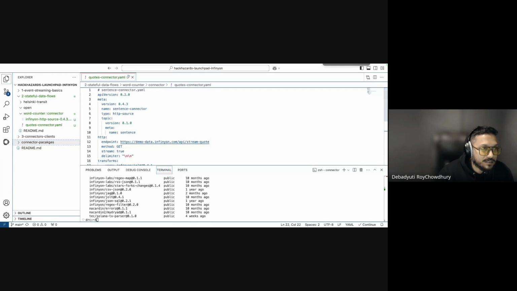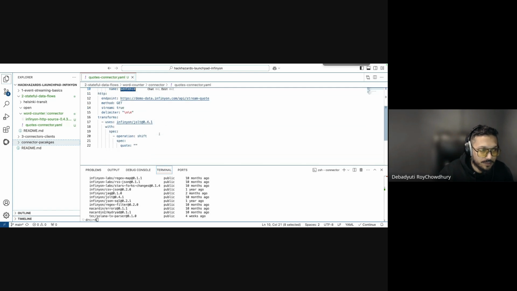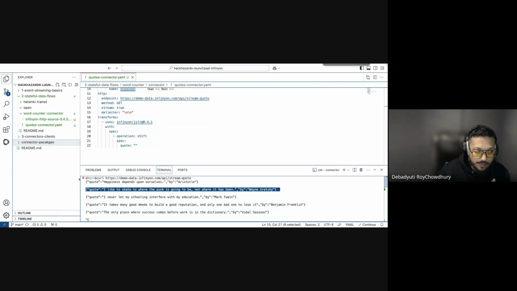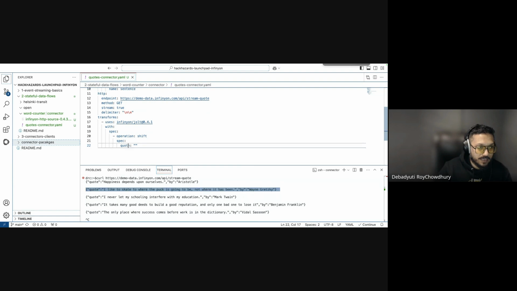So okay, this actually completes the connector, the quotes connector. It's writing data to the sentence topic, it's getting data from the quotes source, and what it is doing is you give it a payload, and just remember this pattern because this is the same thing that is useful in the Helsinki transit as well. In this case, it's just going to search for this key and get the values in there. So if I were to launch this connector,